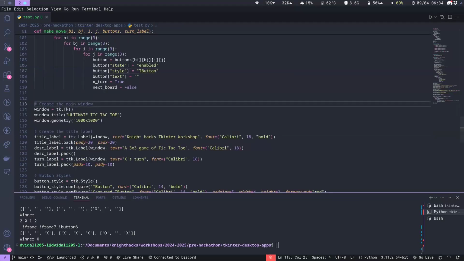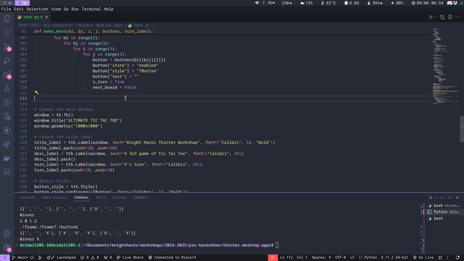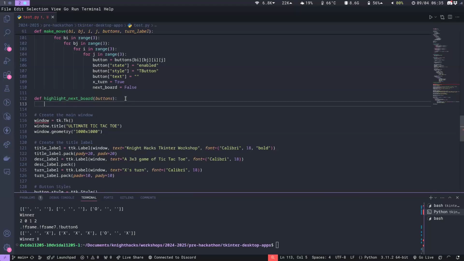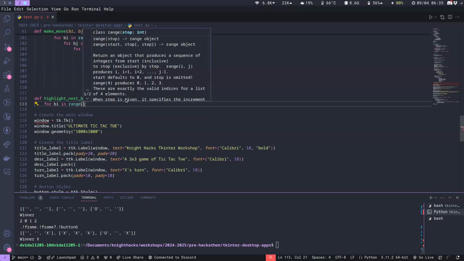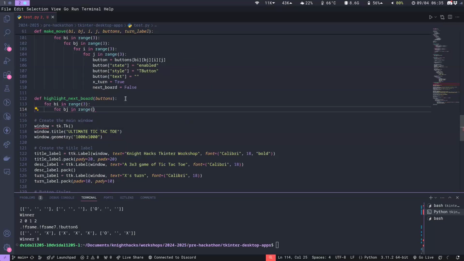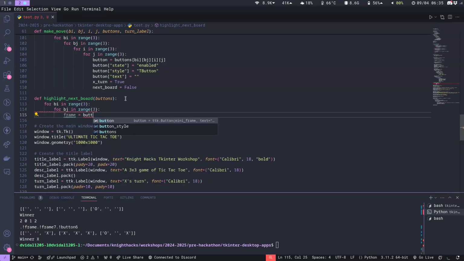And then the last thing that we really want to do is we're going to want a function to basically highlight the next board. And so I'm going to make that its own little separate function so that we can call it. We're going to create highlight next board. Weird capitalization here. And this is just going to take in our buttons. And then we're going to do for BI in range 3, for BJ in range 3. Lots of 3 for loops here. And then we're going to get our frame equals buttons BI of BJ of 0